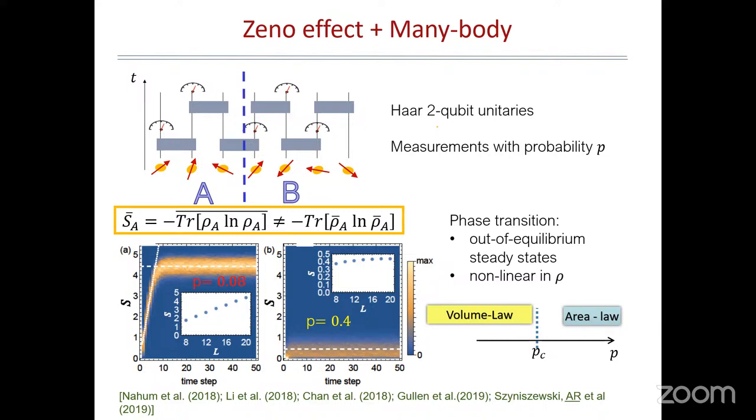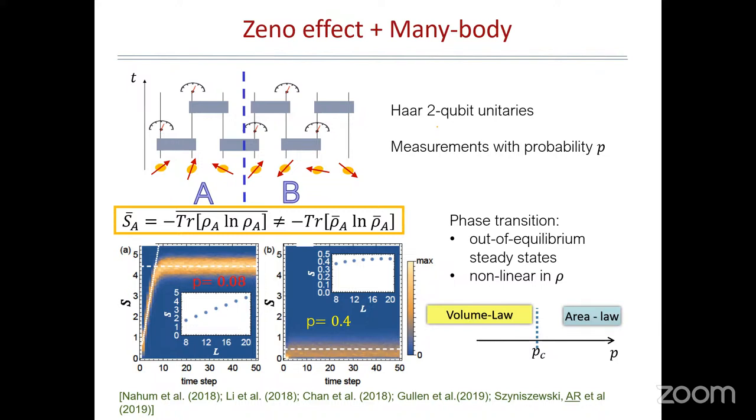Now, there are some important aspects to this phase transition that make it quite different from the usual one. First of all, this is a phase transition of non-equilibrium states, because we are measuring, which is adding energy to the system, and it's also a phase transition of a stochastic system, which means that if you perform such an experiment once, the system does not reach a steady state, but will continue to fluctuate over time. So what we are talking about is a steady state of a probability distribution of states across many realizations of the experiment.